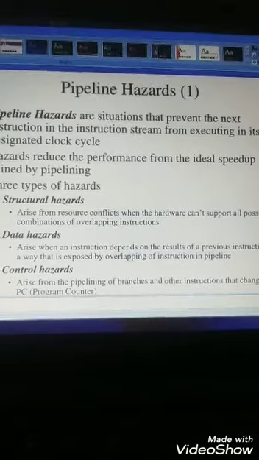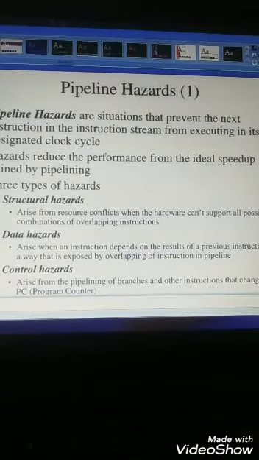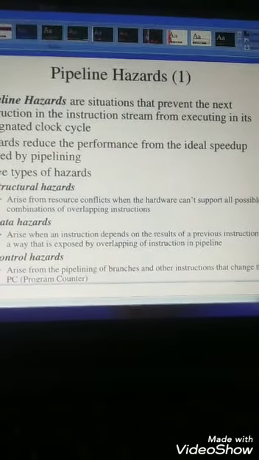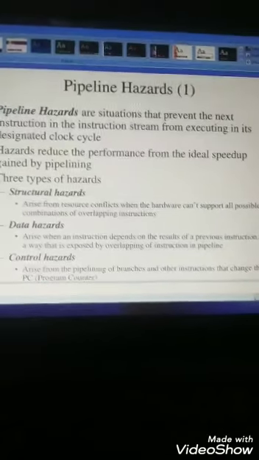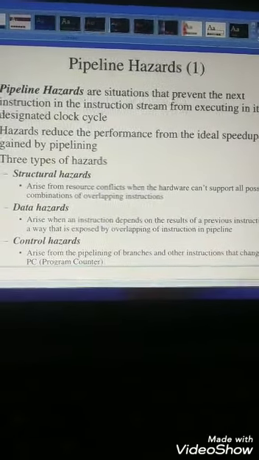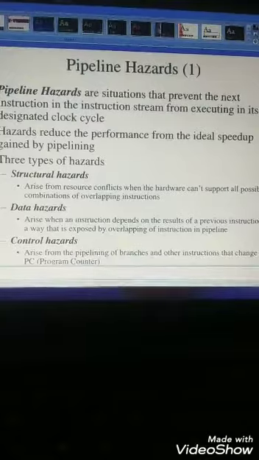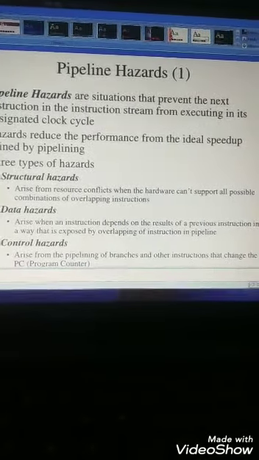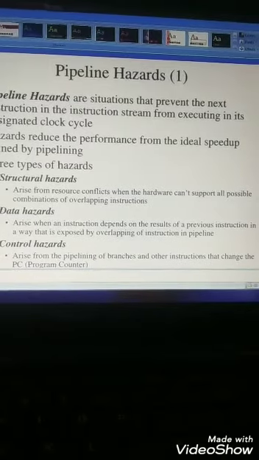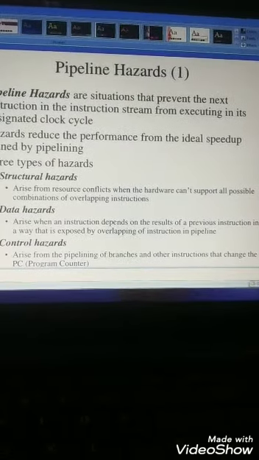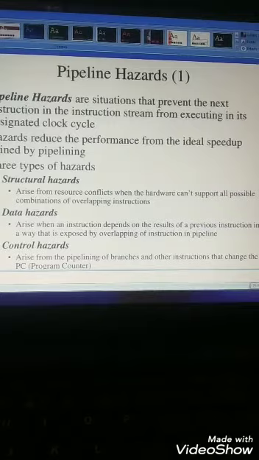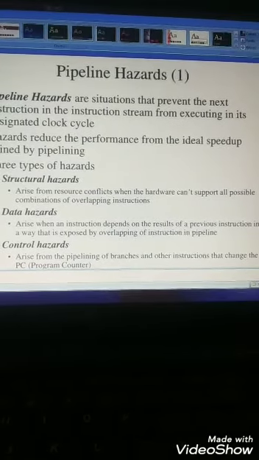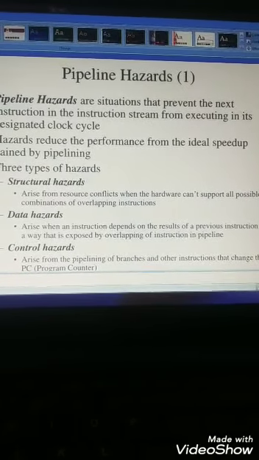Structural hazards are those where the hardware cannot support all the possible combinations of overlapping instructions. Data hazards arise when instructions depend on the result of a previous instruction in a way that is exposed by the overlapping of instructions in pipelining. Whereas a control hazard arises when pipelining branches and other instructions that change the program